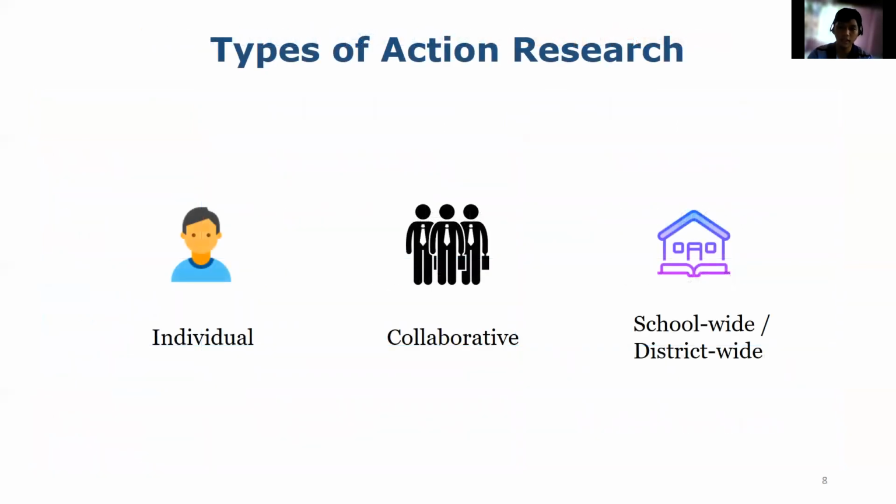So what are the three types of action research? We can see here that action research can be individual, collaborative, or school-wide or district-wide. For individual research, it usually focuses on a single issue in the classroom. The teacher may be seeking solutions to problems of classroom management, instructional strategies, use of materials, or student learning. Even if you're alone though, you need the help of other people so that you can properly do this action